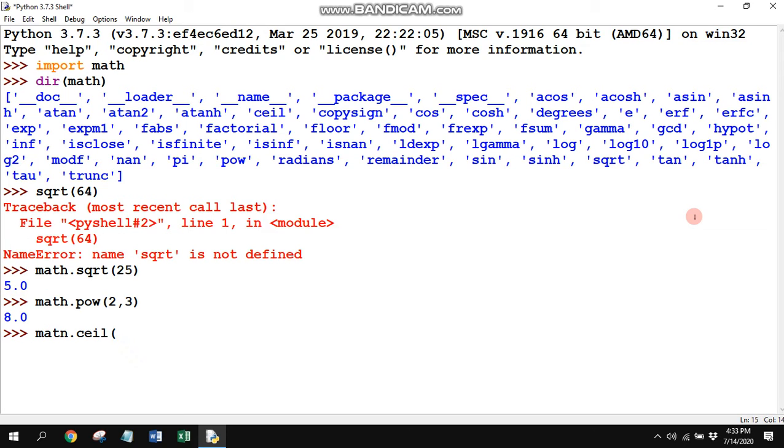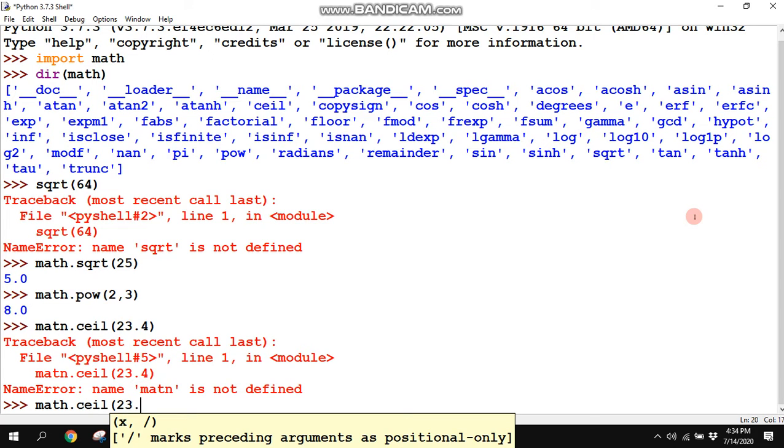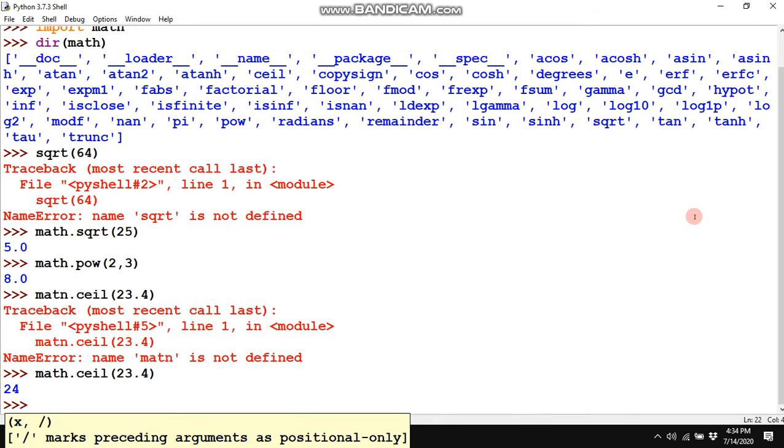The ceil will give you the next value. Okay, the math is wrong, it should be math dot ceil of 23.4, and the next value of 23.4 is the next number, 24.